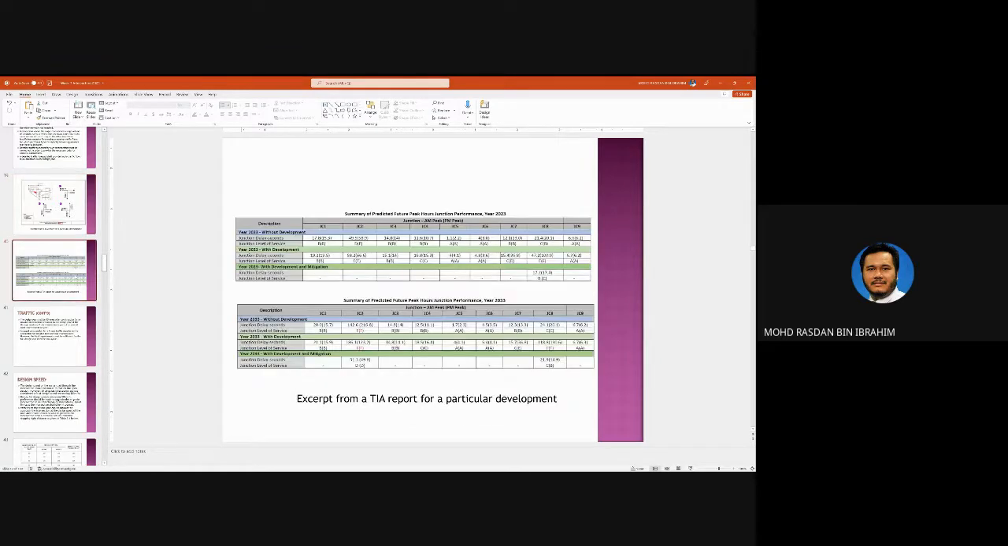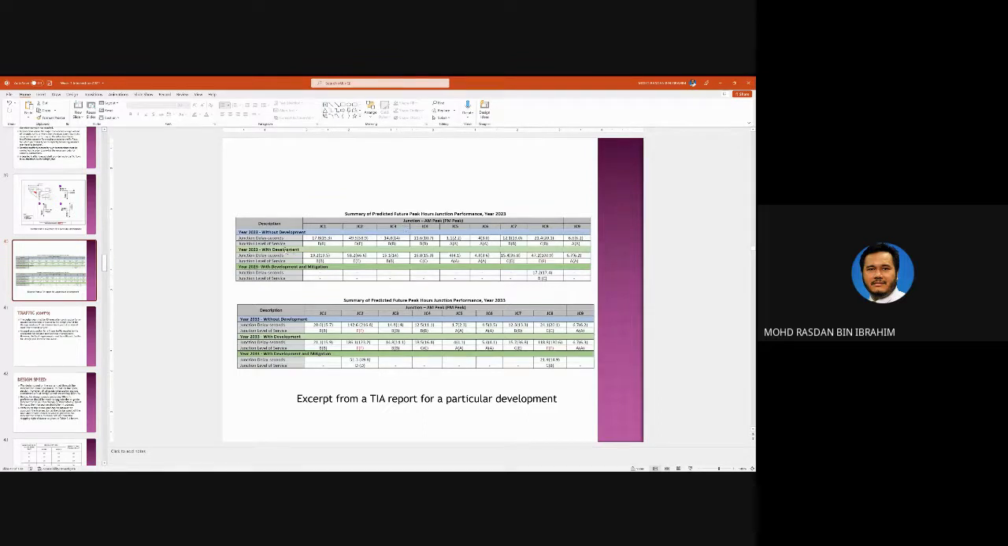So this is the estimation of delays and level of service. You can see here the future peak hours count, year 2023, AM peak for JC1, JC2, JC3, JC4. So what is the level of service for all these junctions? Some are D and E, some are A. Some over here are F. So you can see here year 2023 without development, and this is with development. So they are estimating the level of service of these junctions